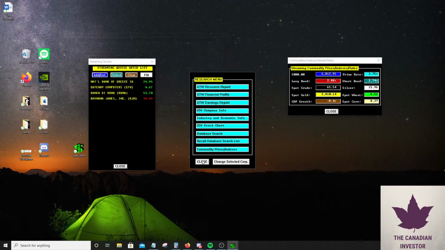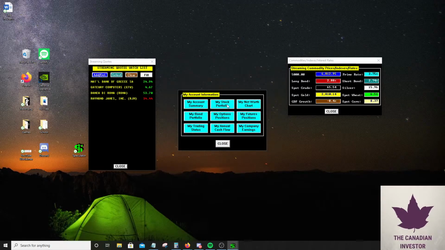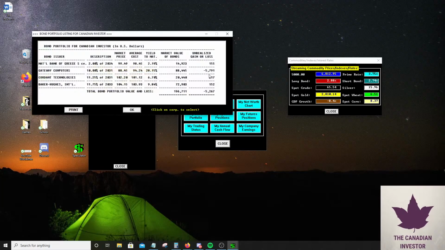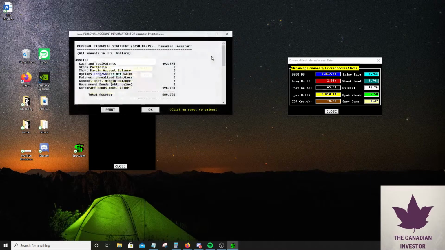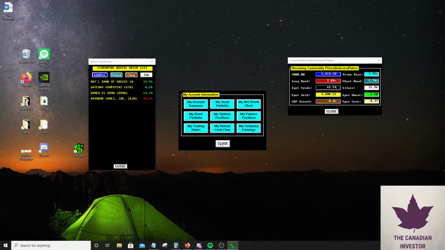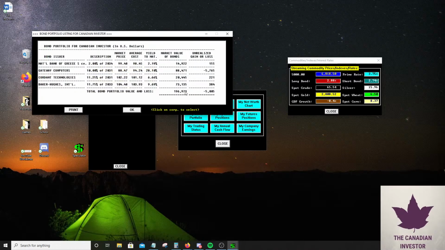Yeah, and negative 1.03. So it actually might make sense to not take the risk and get out of it. But then again, it's only taking up $88,000 in my portfolio, which sounds like a lot. So it might be worth the risk just to keep it, just for the amazing coupons. But we might lose 100% on that bond, which I'm not all that comfortable with. But it's a small amount of my portfolio in that bond. Baker Hughes is doing alright too.